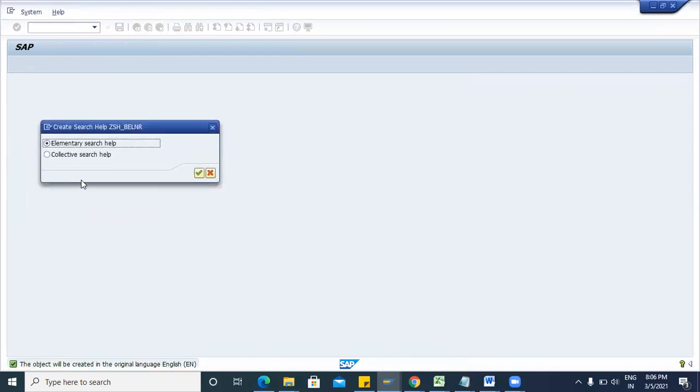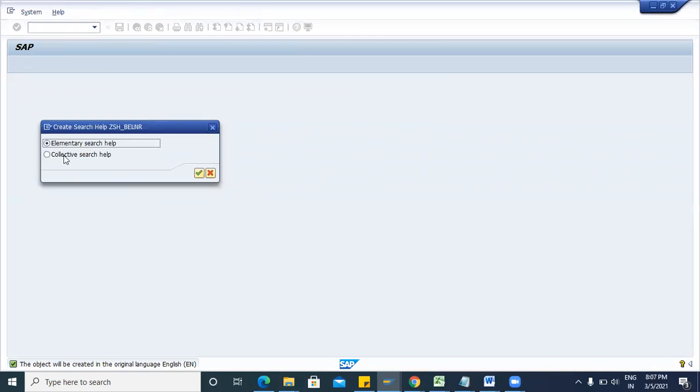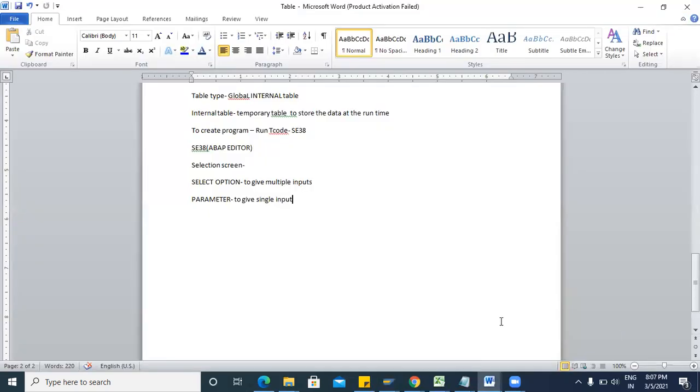So we have two types of search help, elementary search help and collective search help. Elementary search help is the normal search help, like this help. But collective search help is the combination of multiple elementary search helps. Search help we can create through SE11 the code.